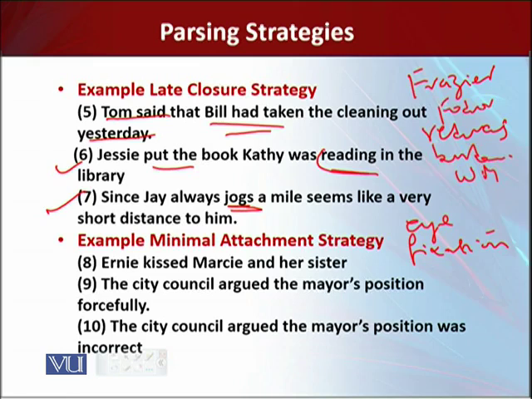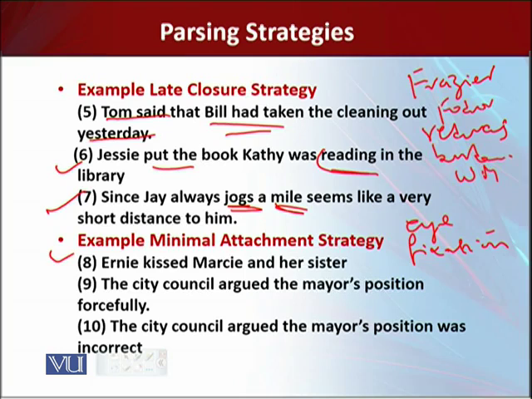In the study conducted by Fraser and Rayner, they found that fixation time on the last few words was longer than on the earlier ones, implying that the reader had misinterpreted the phrase a mile and had to make some later adjustment. Now, coming to the example of minimal attachment, you have a sentence which says Ernie kissed